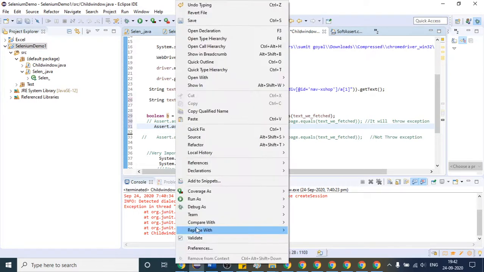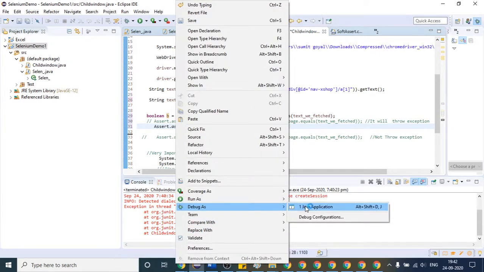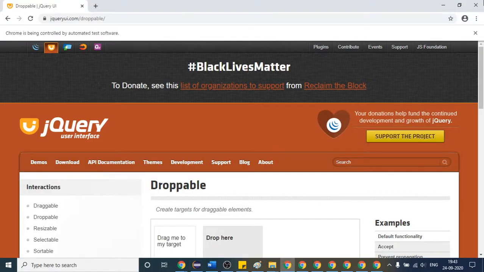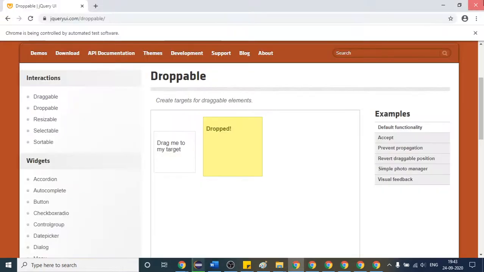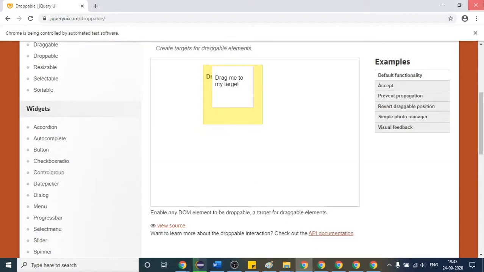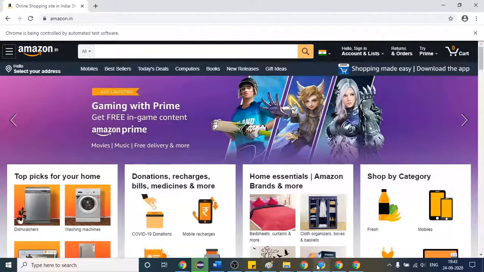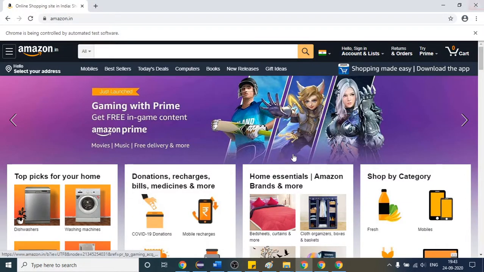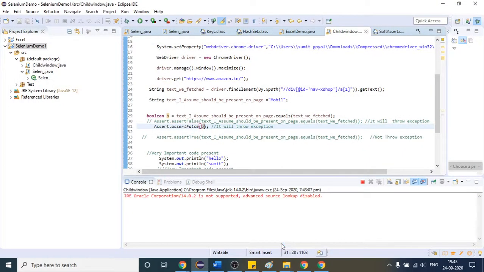Let me write it again, but this time I will do it in debug mode. Let me close this first. Okay, so Chrome is started.